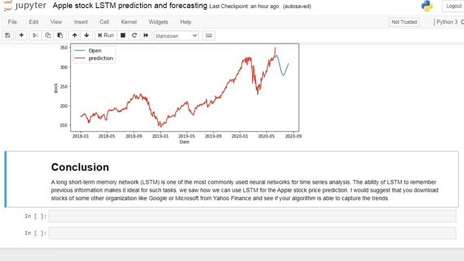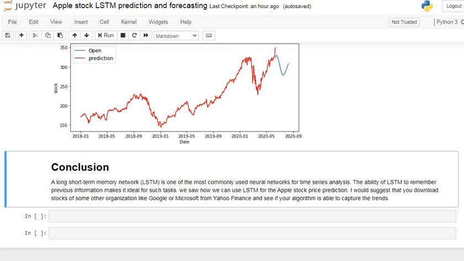Long short-term memory, that is LSTM, is one of the most commonly used neural networks for time series analysis. The ability of LSTM to remember previous information makes it ideal for such tasks. LSTM tries to store previous information and use it to forecast the future values.